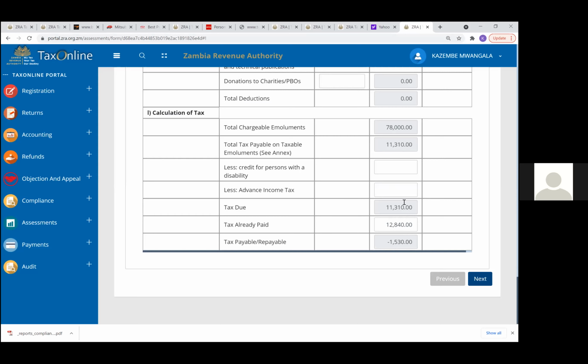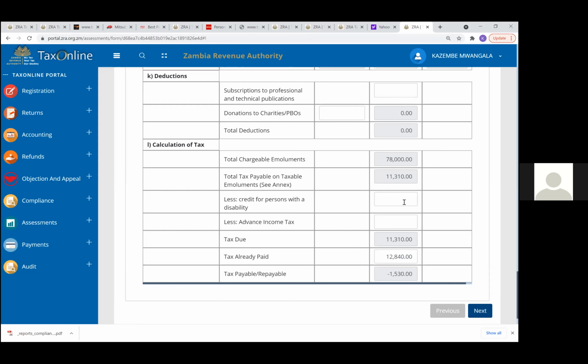When you look at it, employer number one was doing the right thing. They were following the bands, and employer number two also just used the instruction given to them to say, when you are a part-time employer, you need to tax them at the highest band. This is emanating from the fact that, remember, in the first employment they were getting 4,500. Even the band at 30%, they were not even exhausting it. So they still had some income that was supposed to be taxed at 30%,